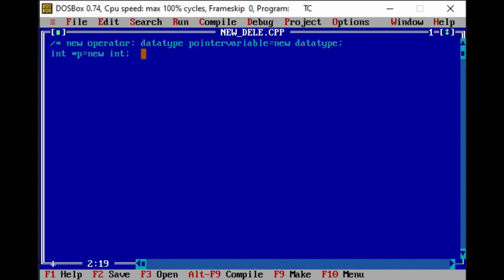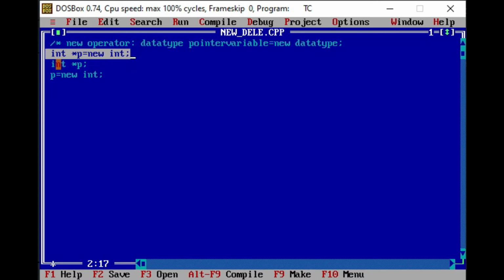Instead of this, we can also write it as, first of all, declaring the pointer variable, suppose int star p, and in the next statement we can write p is equals to new int. We can write it in two statements. In the earlier form, we declared the pointer variable and along with that assigned the location to that pointer variable, so declaration and initialization is done in only one statement.